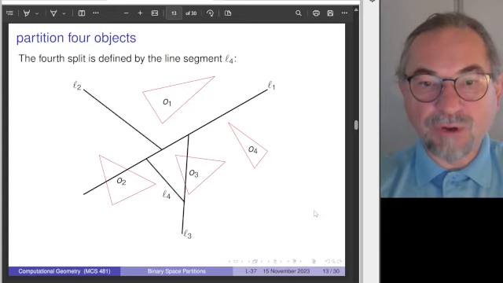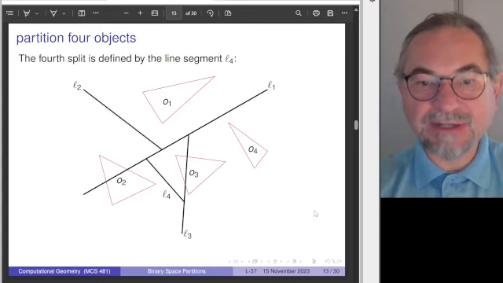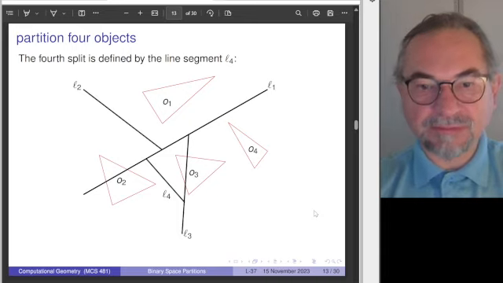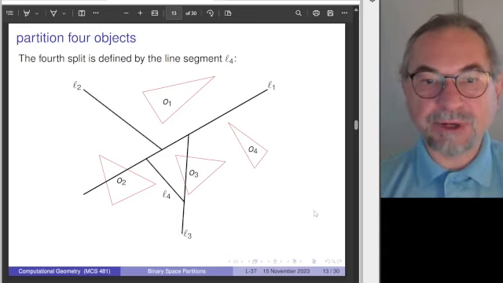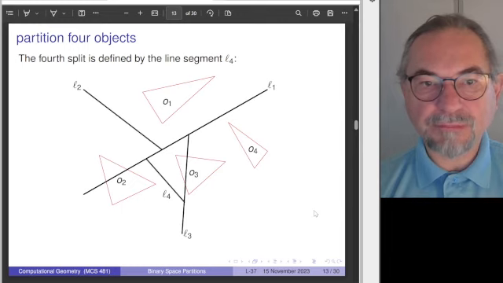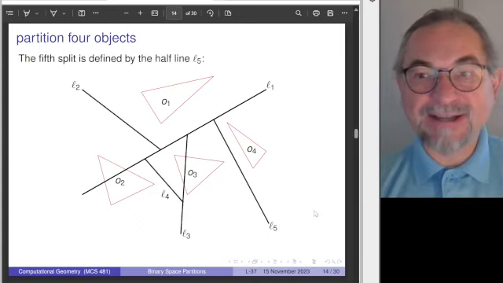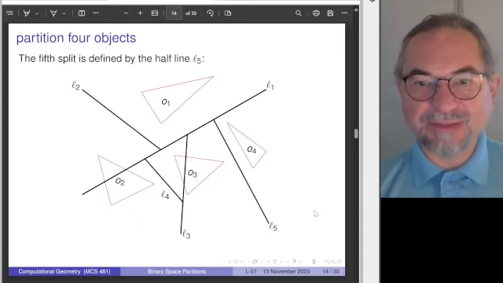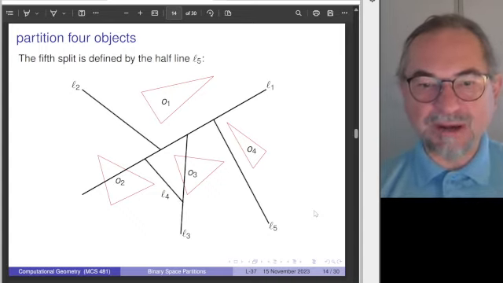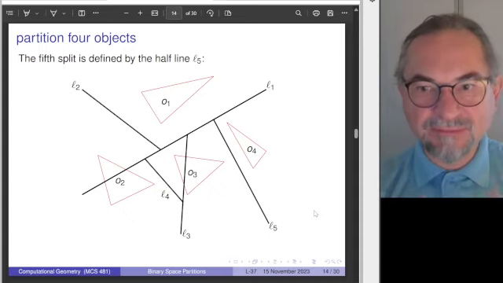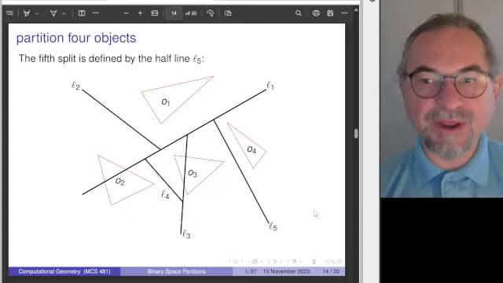Okay, so then we have one more split in this example, where we have now a line segment that takes an extra partition. Okay, and here is the last one. So now every object is actually in its own space. So we had 4 objects, we have 5 lines, and we typically will have more lines to isolate every object